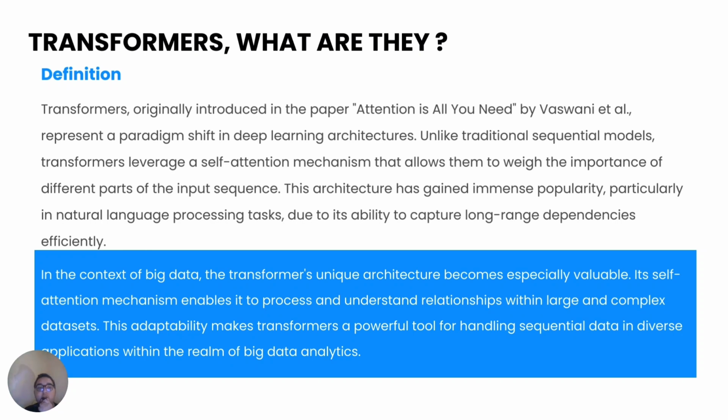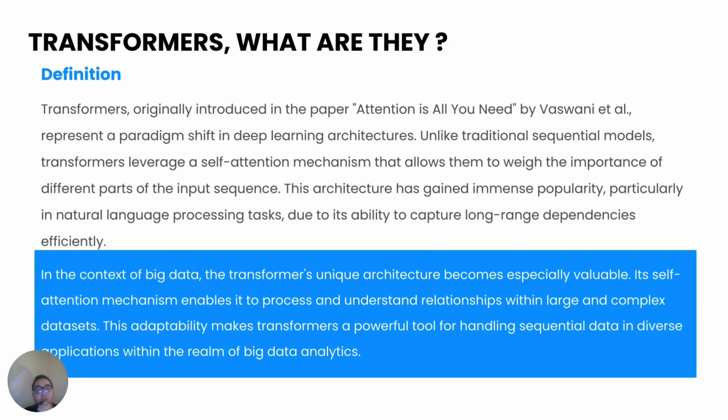Transformers, originally introduced in the paper Attention is All You Need by Vaswani, published in 2017 by Google, represent a paradigm shift in deep learning architectures. Unlike traditional sequential models, transformers leverage a self-attention mechanism that allows them to weight the importance of different parts of the input sequence. This architecture has gained immense popularity, particularly in natural language processing tasks, due to its ability to